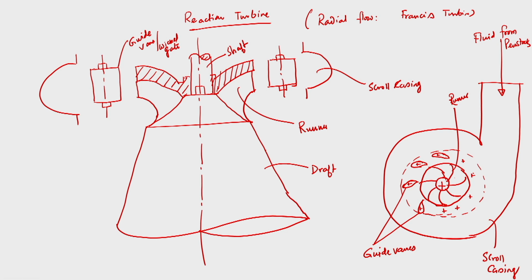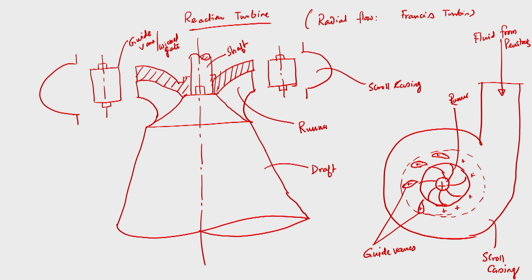So we have drawn the schematic of a reaction turbine. We have given this cross sectional view as well as the schematic, how it looks like. Then we have labeled different parts. We have a scroll casing, shaft, of course shaft will be there. Another important component which is integral with this turbine is the draft tube. We will discuss one by one what is the function of that. Then we have guide vane. We also will discuss what is the function of the guide vane, and then scroll casing.